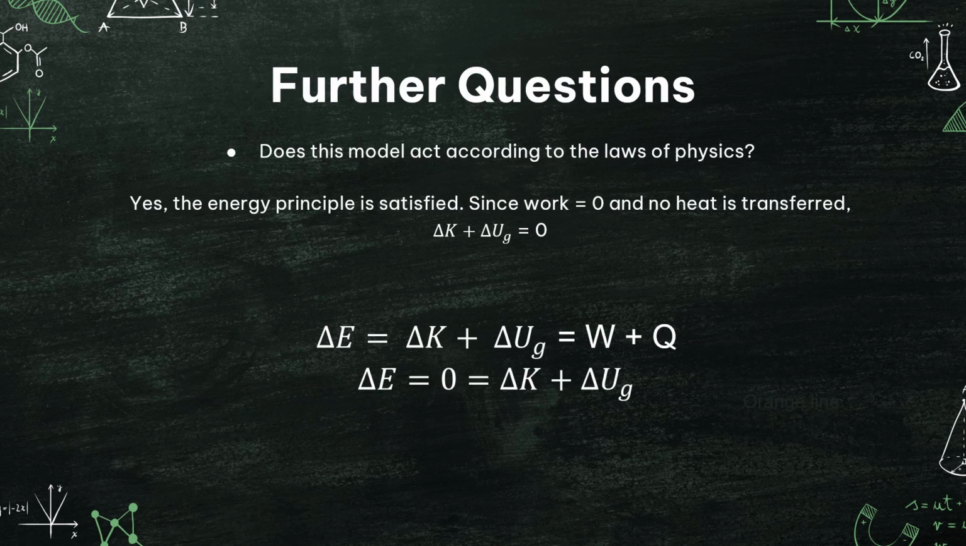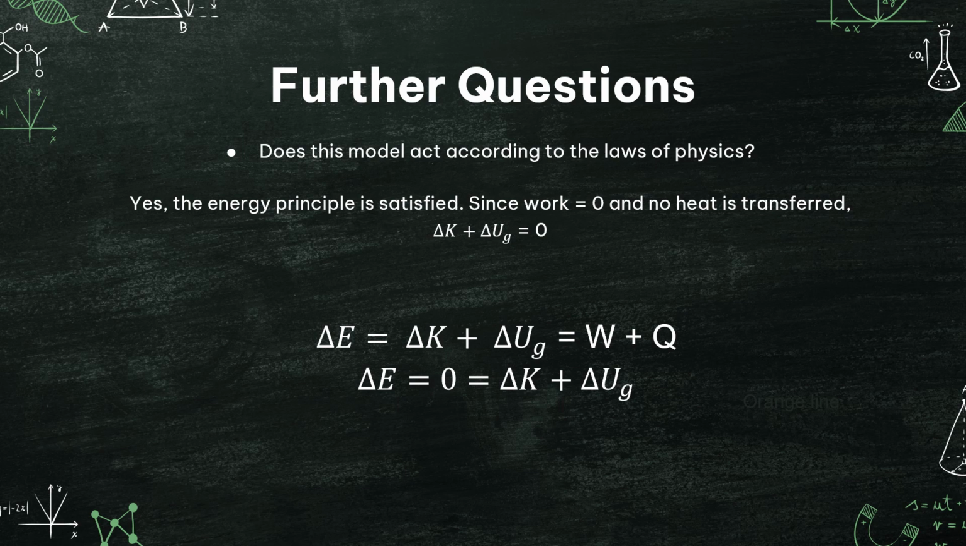Now, this model does act according to the laws of physics because the energy principle is satisfied. Since both the Earth and the chicken jockey are in the system, work equals 0, and there's no heat transfer, meaning delta K plus delta UG should equal 0,